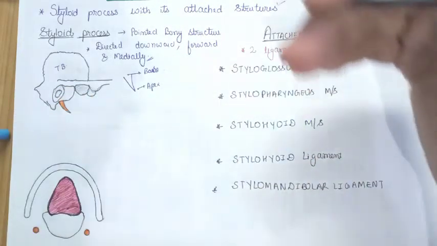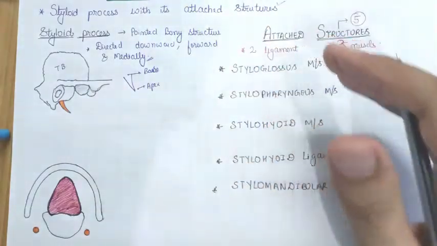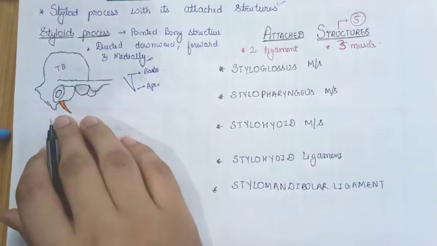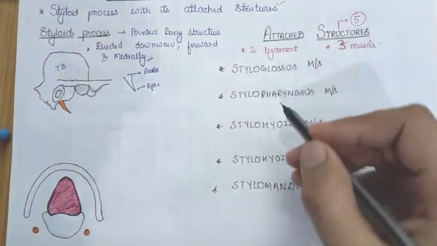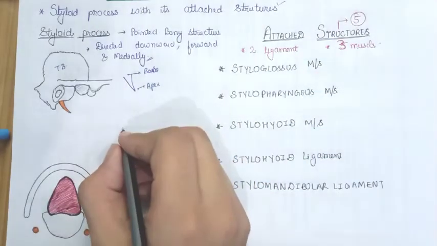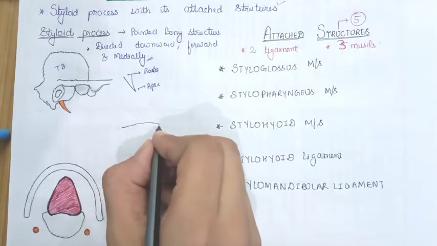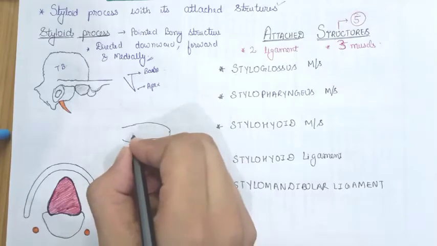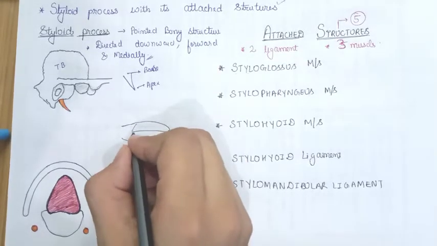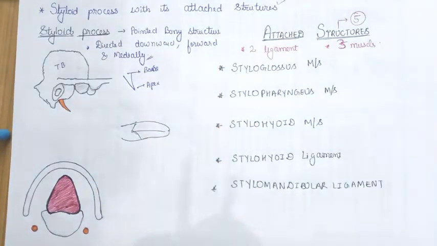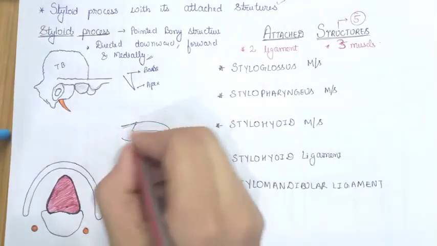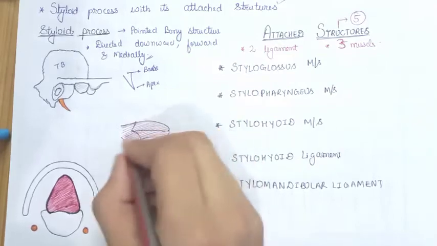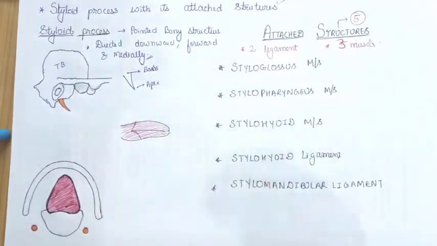Okay, now let us orient ourselves to the attachments of the different muscles, and we will write it down in the theory part. So we have the styloid process here, then we have to make the attachment to all the structures. So the first structure that you should draw is the tongue. It has a furrow here, so this is the tongue. We have the tongue over here.